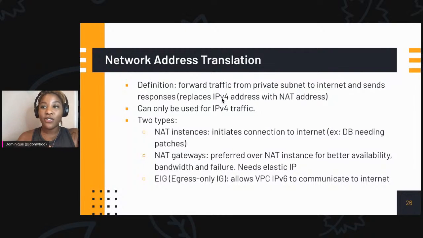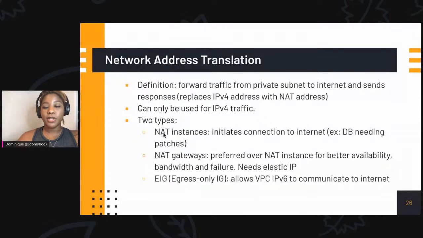So anyway, if you do not attach an internet gateway, what you can do is use a network address translation that will forward traffic. It gets a little complicated here once network address translation comes through and you start to see some of the network architectures. But you can attach a network address translation device, and that will forward traffic from your private subnet to the internet, and it won't display that internal IP address. It translates it. So again, this is just a translation for your IP addresses in order to be able to talk to the internet. A key point here is that NAT can only be used for IP version 4 traffic,